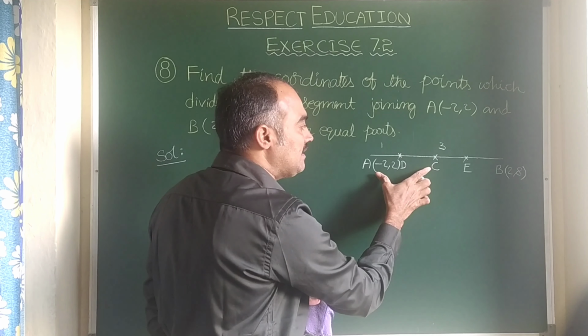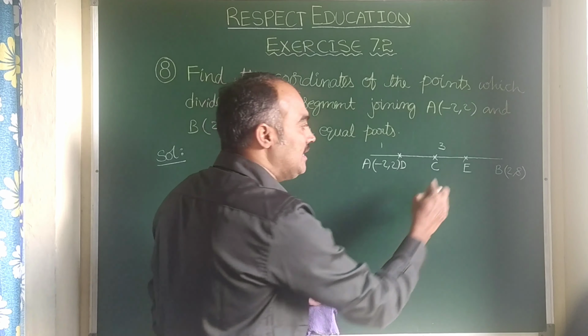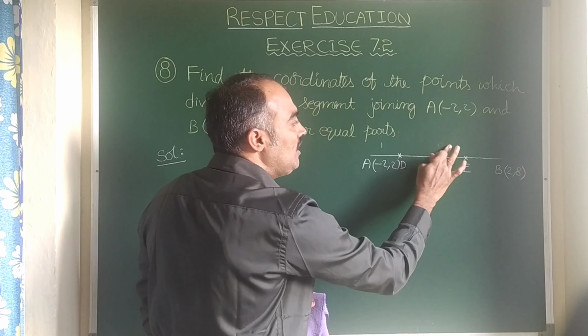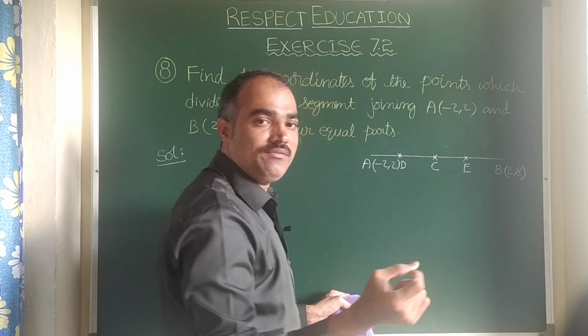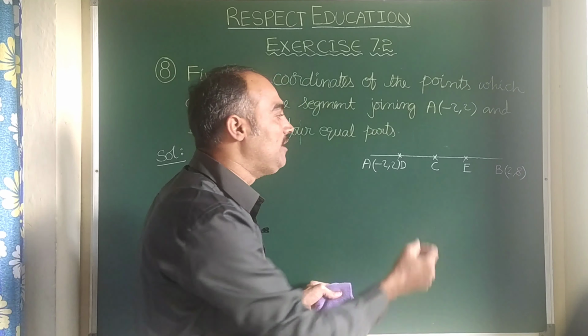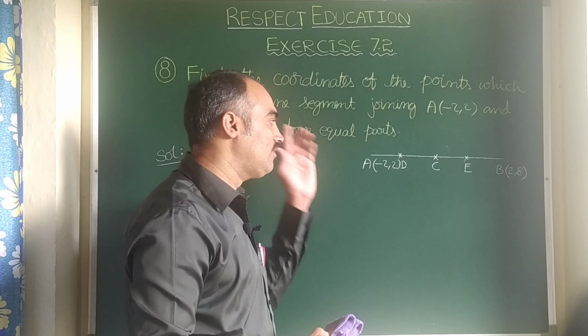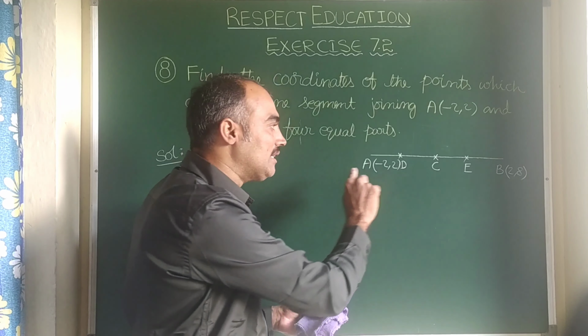Here you can take this as 2 parts and those as 2 parts, so you can apply the section formula. Same for E also: E divides this side 3 parts, that side 1 part, so E divides in the ratio 3:1. But that will be lengthy, and if by mistake you commit any mistake in the simplification, the entire problem goes wrong. That's why I would like to tell you to follow the midpoint concept to get the answer